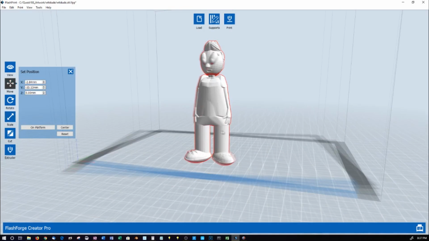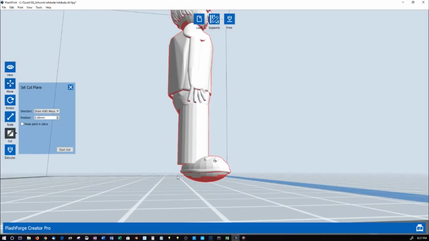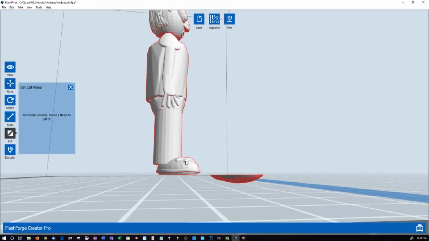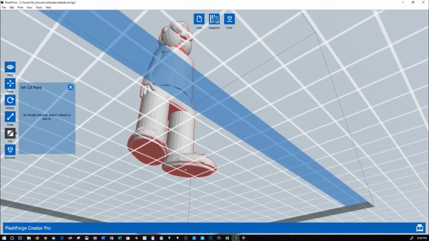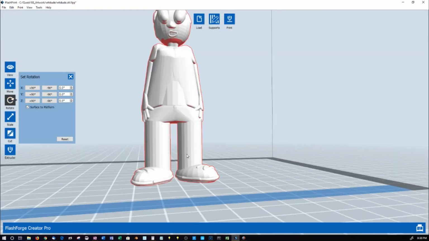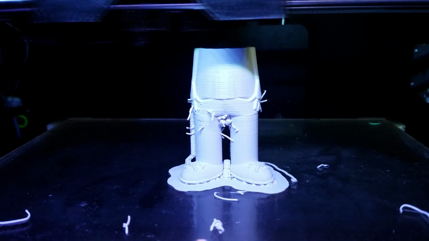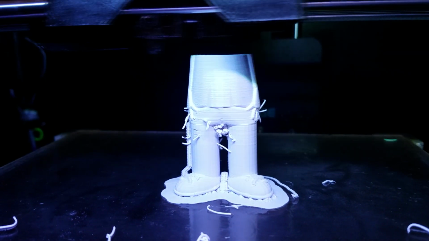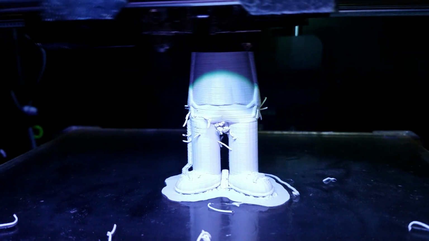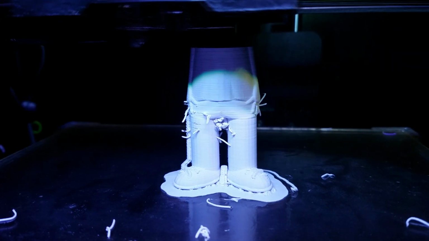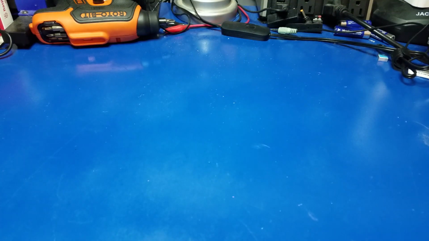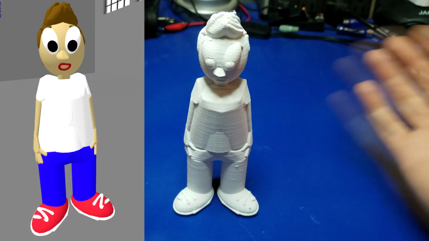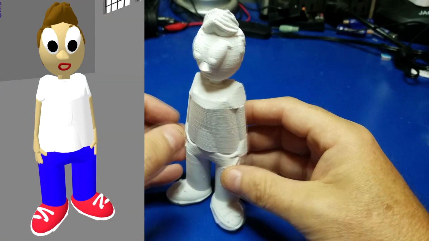And one thing I want to do is see his feet are kind of rounded, so I'm going to use the cut tool in my slicer. Go ahead and remove that section so his feet are nice and flat. Now we're going to 3D print him, and he's going to town. Notice all the artifacts there from the 3D print. Use a good filament, folks, and you'll have a character like this.